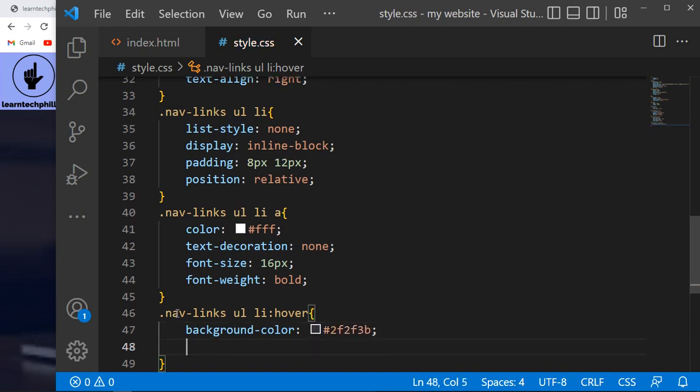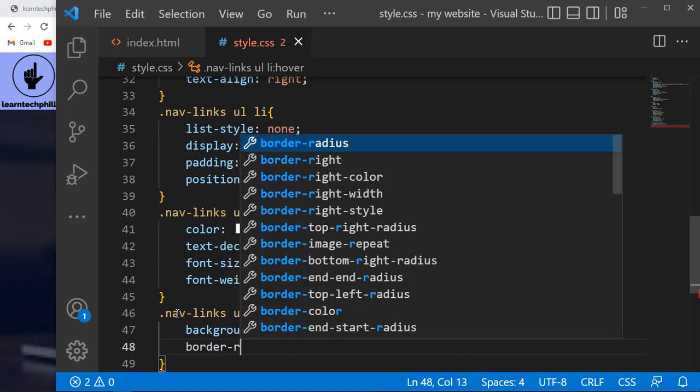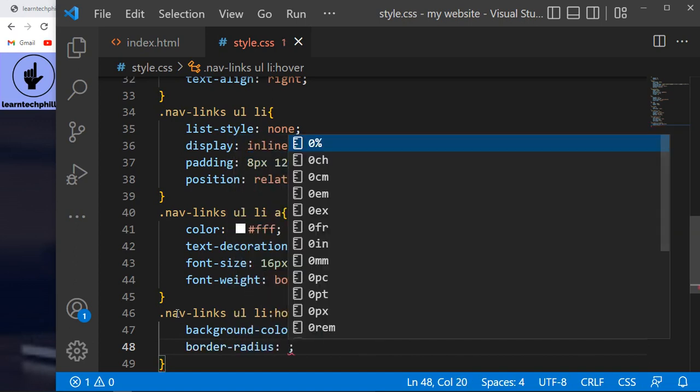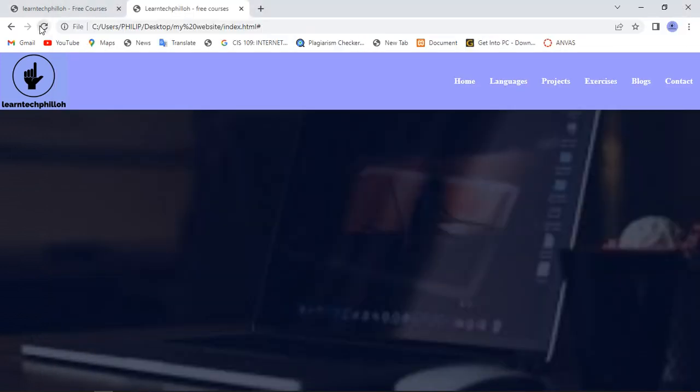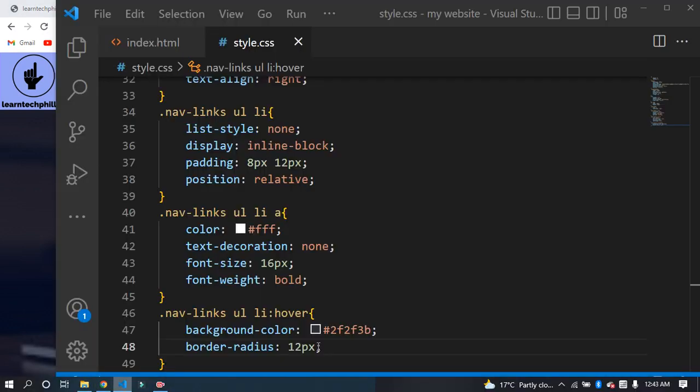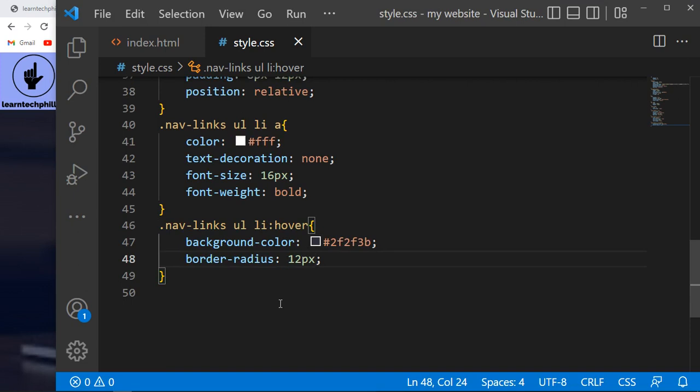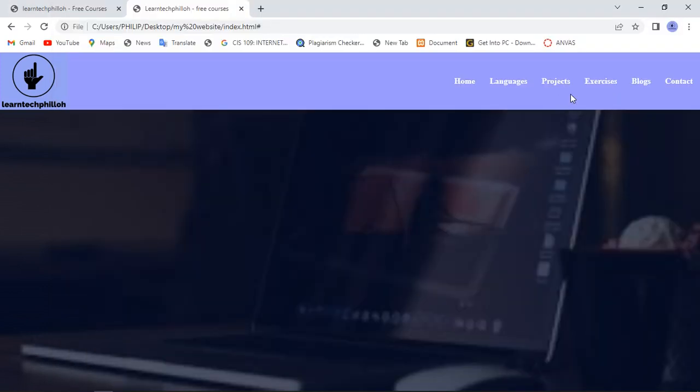Good. And then you can also have the border radius. The border radius can change. The border radius will be 12 pixels. Right. Now at this point, when you place the mouse, you see it changes. Good. Now at this point, you see it does not